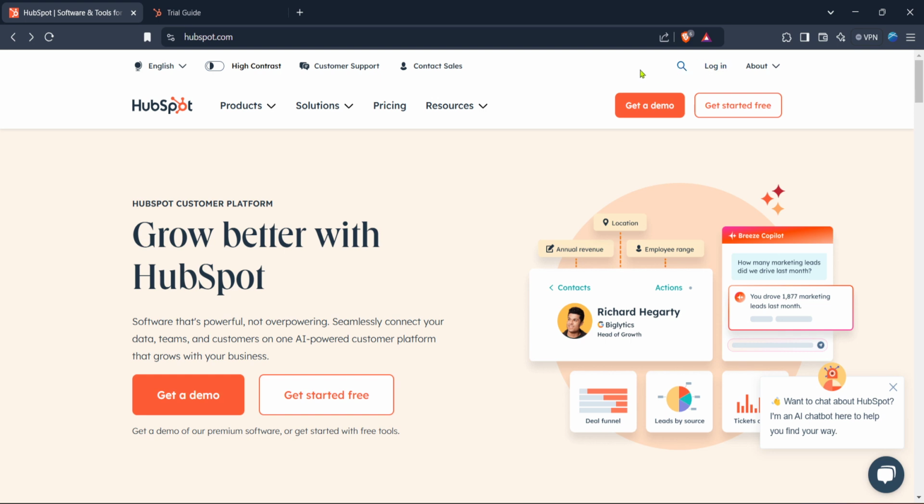Let's begin by visiting the HubSpot homepage. Open your preferred web browser and type in hubspot.com, then press enter. You'll be directed to HubSpot's main page, where you can see all of its offerings and resources. Make sure you're in the right place, looking at HubSpot's familiar branded colors and logo, because from here we'll proceed